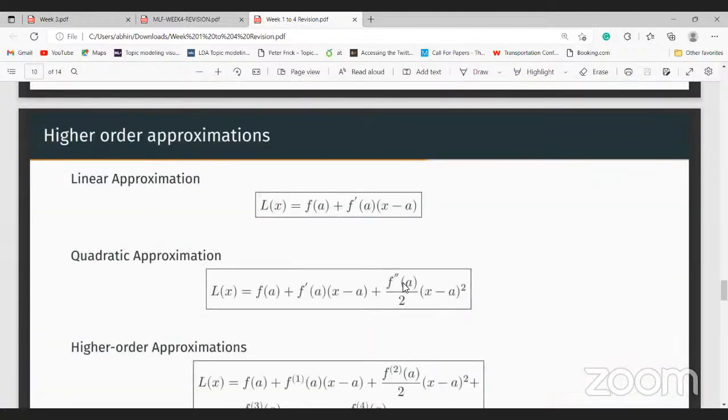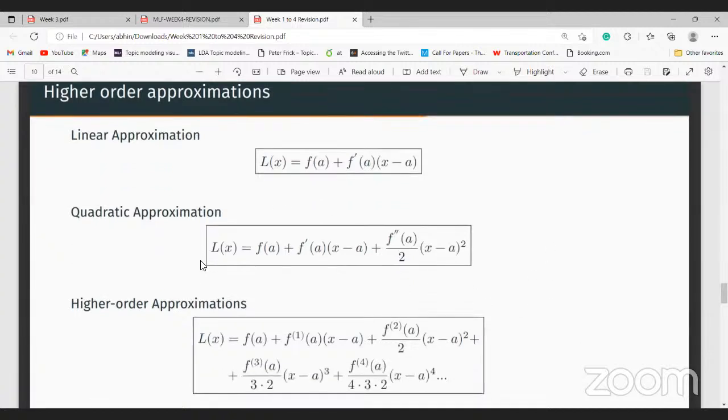Next, higher order approximation. In linear approximation, I was saying only the first order derivative was sufficient to give me the value of the function at that particular point. Now I am saying first order approximation is not sufficient, so I want to go for higher order approximation. I go for second order, third order, and then I use Taylor series. So this equation, L(x) = f(a) + f'(a)(x - a) + f''(a)/2 (x - a)^2,